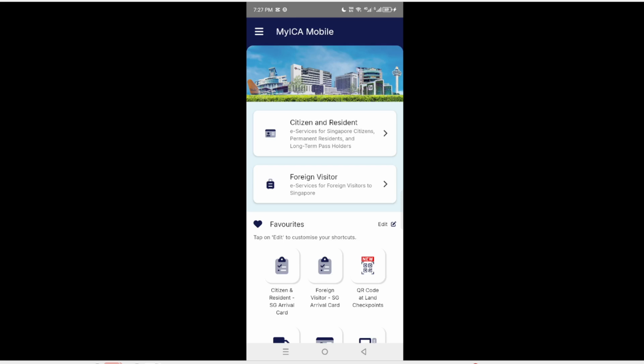In summary, downloading the My IACA mobile app on your Android device involves a few simple steps. You open the Google Play Store, search for the app, select it, and then install it. Each of these steps is designed to ensure you locate the official version of the app and install it correctly. Following these instructions carefully will enhance your experience with the application.